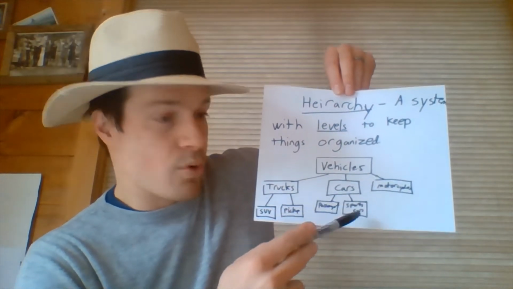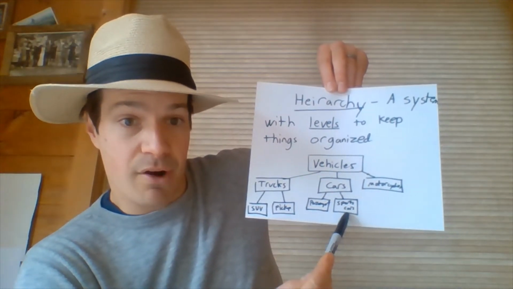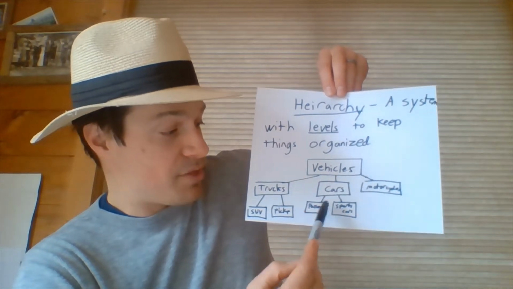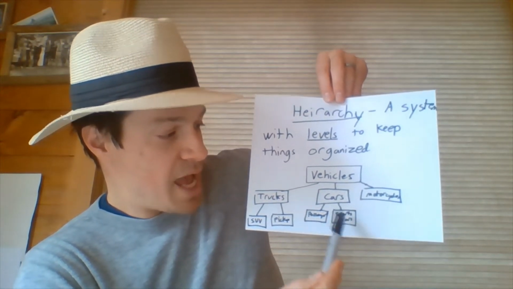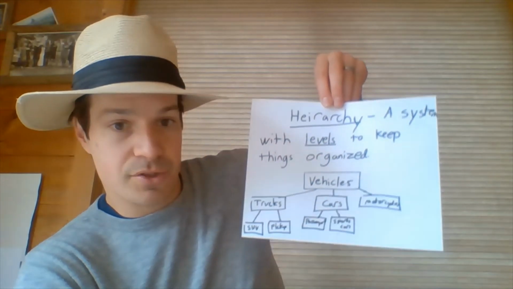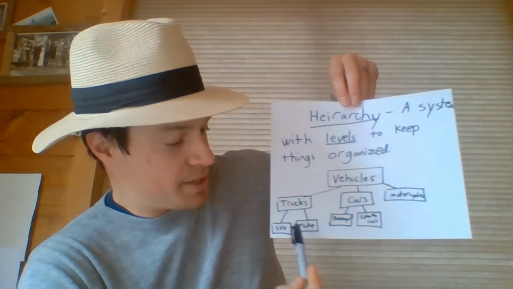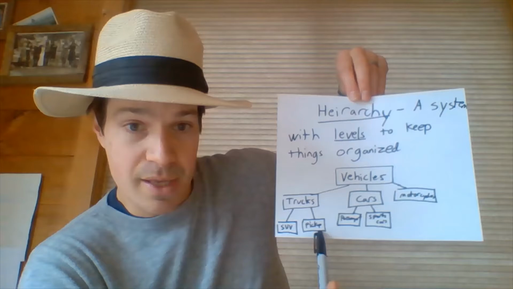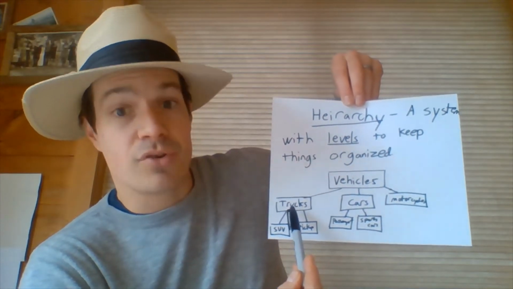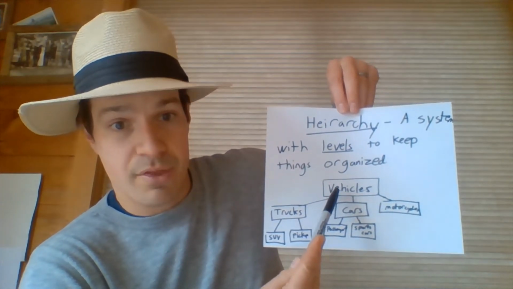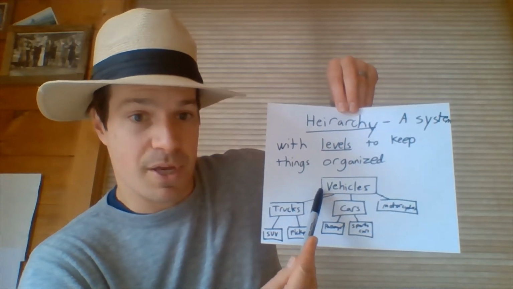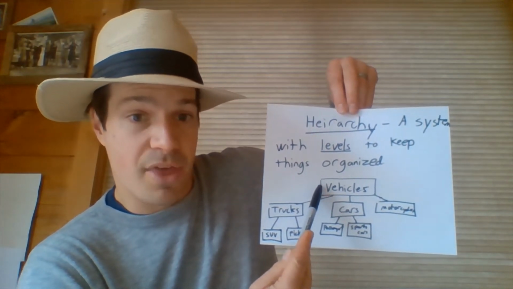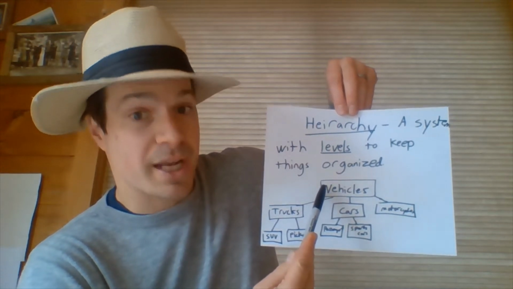You get more and more specific down the hierarchy. Everything that's true right here, so if you see a sports car down here, everything that's connected above it is also true about it. Down here, I see a pickup. A pickup is also a truck. A truck is also a vehicle. The hierarchy goes from most specific down here to least specific up here. If you think of a vehicle, you might not think of a pickup truck, but a pickup truck is a vehicle.